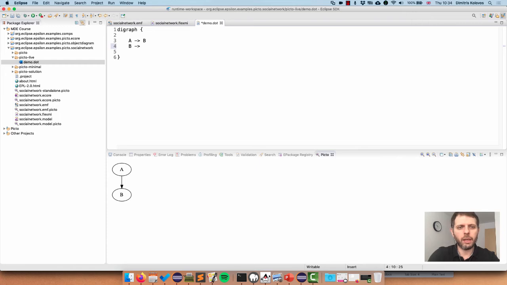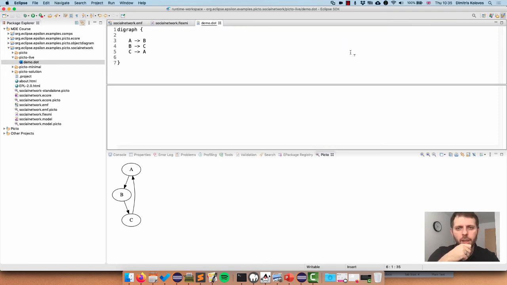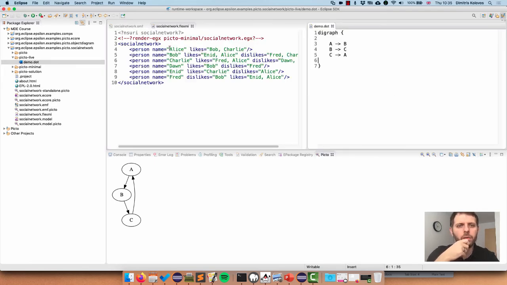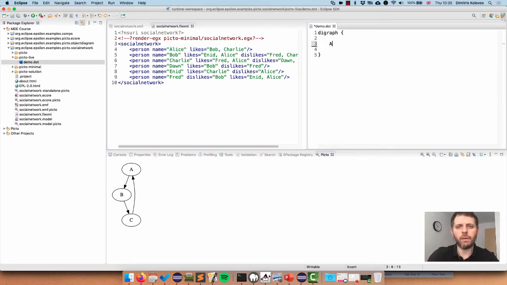So we could have B pointing to C, and say C pointing back to A, right? And GraphViz would produce again a nice graph. So if we wanted to visualize Alice here, we would say that, well, we have a node called Alice, and the label of that node is Alice, and then we have Alice